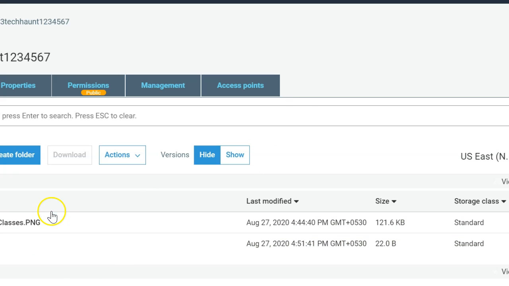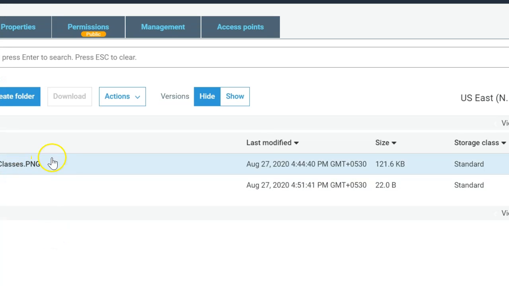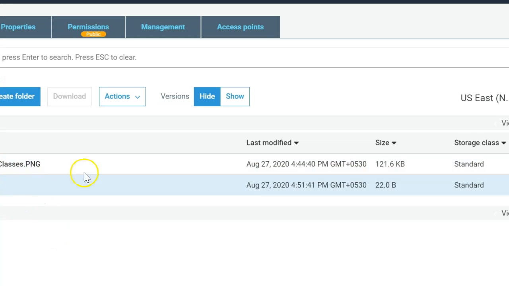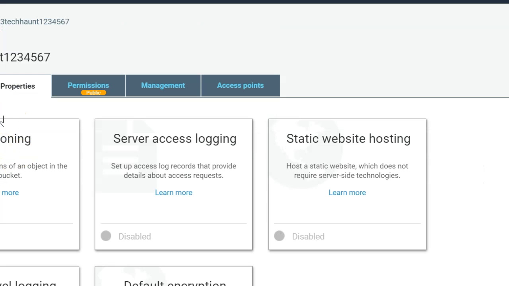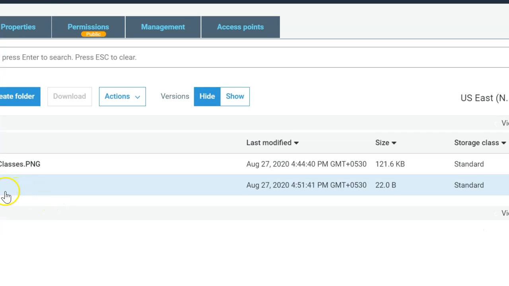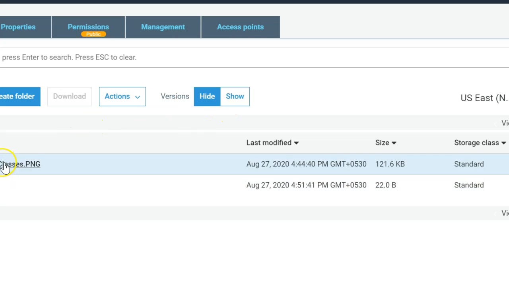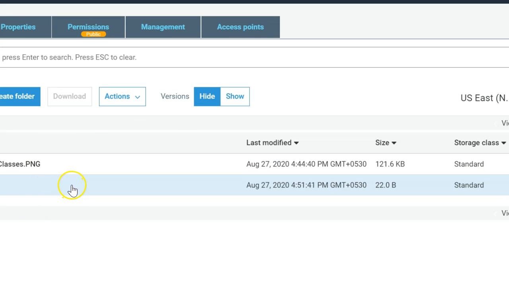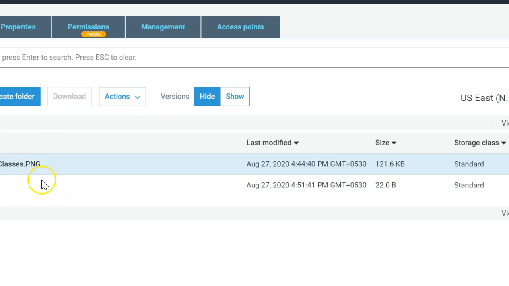Before doing any activities here, let me show you if we have a version ID for these two objects or not, though we have just enabled versioning. We should not have a version ID for these two objects, because these objects were inside this bucket before enabling versioning.